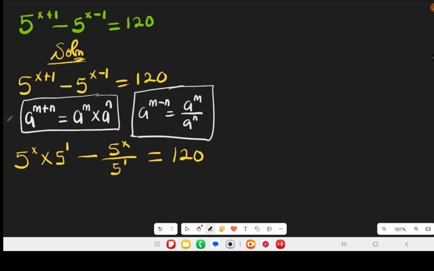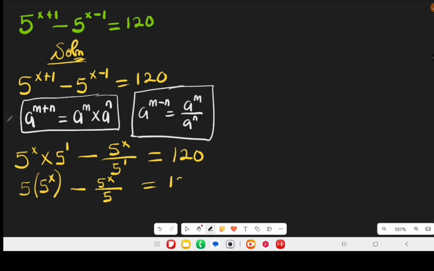Then we move forward. 5 raised to the power of 1 is the same thing as 5. 5 times 5 raised to the power of x gives us 5 into 5 raised to the power of x, minus 5 raised to the power of x all over 5,